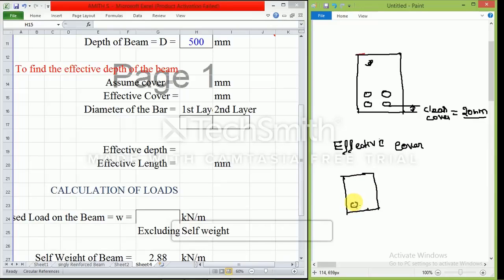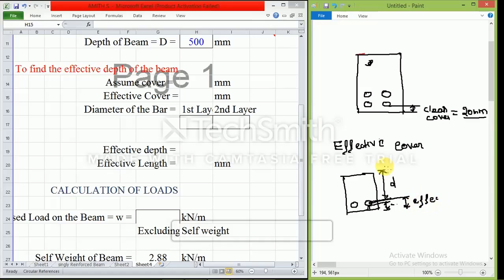If I draw two steel bars here, you know the overall depth of the beam, and the effective depth is from here to here. Clear cover means from here to here, that is from the steel bottom to here. The effective cover is from the center of the steel to the bottom. This is called effective cover.